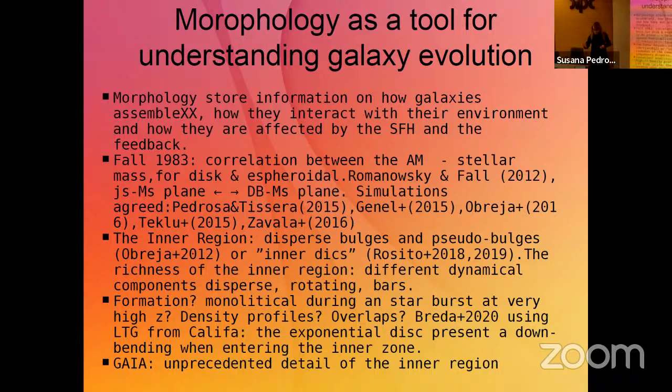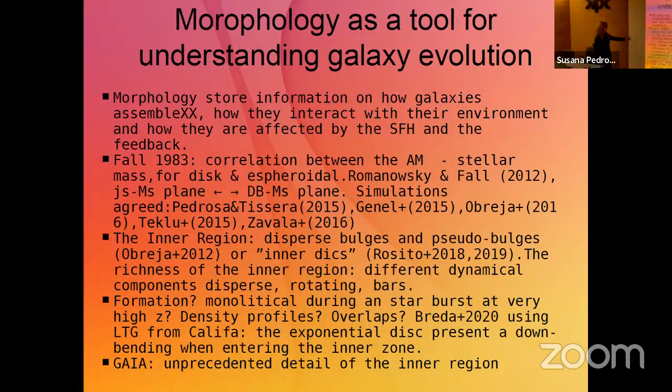One of my main interests in the point of view to study morphology of the galaxies is through the angular momentum context. Just to put in context what I'm going to talk about. Well, you know the very well-known relation between angular momentum and mass, the JM relation found by Fall, and then revisited by Romanowski and Fall, that describes the angular momentum budget in the different components of the galaxies, essentially at that time between just the disk dominated galaxies and the spheroidal ones. And later, this work was revisited by simulations, and around 2015, many groups, Genel with TNG,